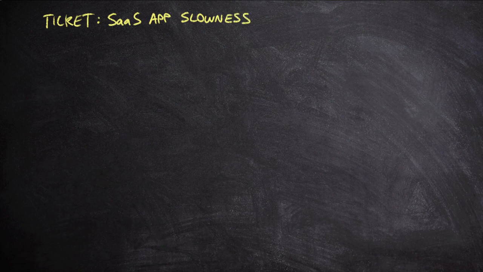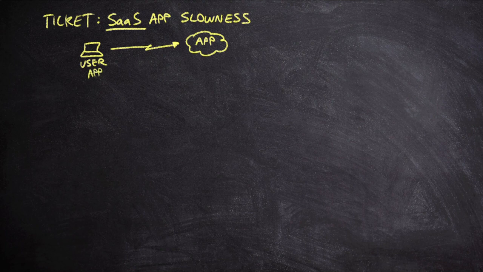Now, quick review about SaaS. SaaS means software as a service. This is going to come into play when we talk about ThousandEyes, because ThousandEyes is a software as a service. Simply put, what that means is that our user is trying to access some kind of cloud service. So this application lives in the cloud, which usually means two things. First of all, the application in most cases doesn't need anything installed on the end device.